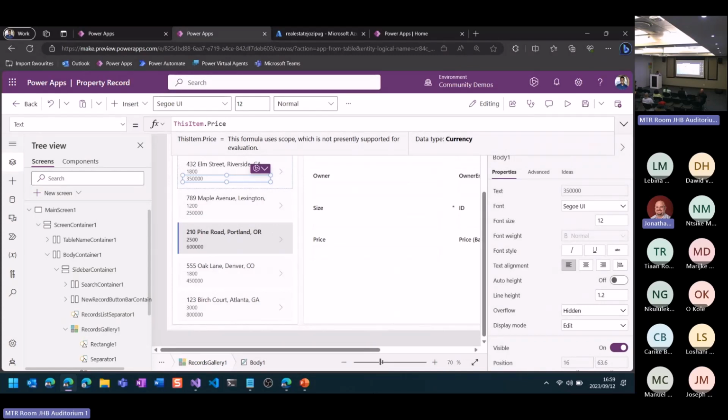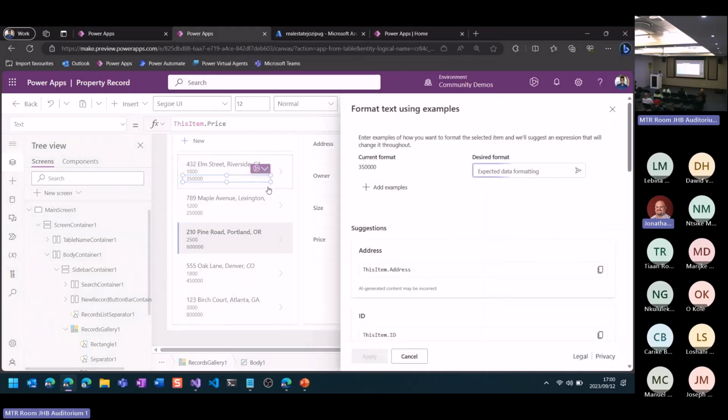But luckily, we have a tool called Power Apps Ideas. Now, this is one of Microsoft's earliest implementations of the GPT model in a Microsoft product. So this was, I think, back in May of 2021, where we could use GPT to generate a programming language. It was using the Codex model from OpenAI to generate code from natural language. And what I mean by that is if you just click here on that text formatting button, this side panel